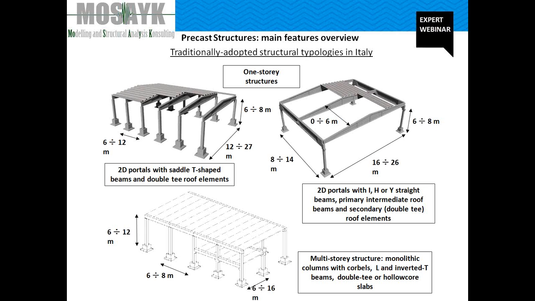Common beam cross-sections are rectangular, L-shaped, as we have seen before, or for example, inverted T-shaped. Hollow core or double T floor slabs are by far the most common type of floor slab in this kind of buildings. The height is usually up to 3, 4, no more than 4 stories, and can be limited by the stability problem or excessive flexibility